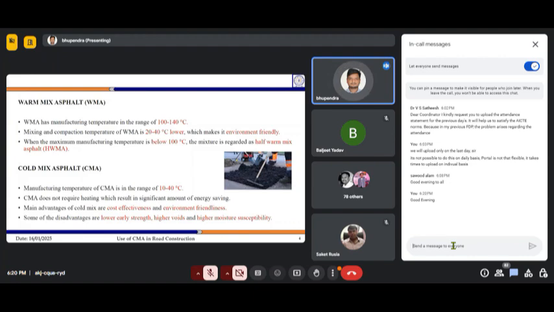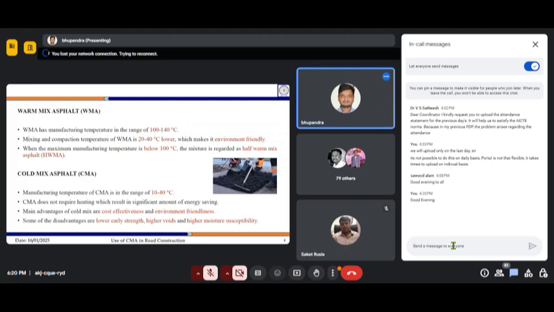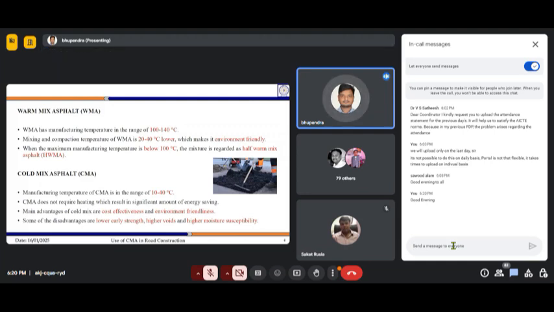So if you compare with the conventional hot mix asphalt, we will be consuming less fuel, and there are advantages associated with it.